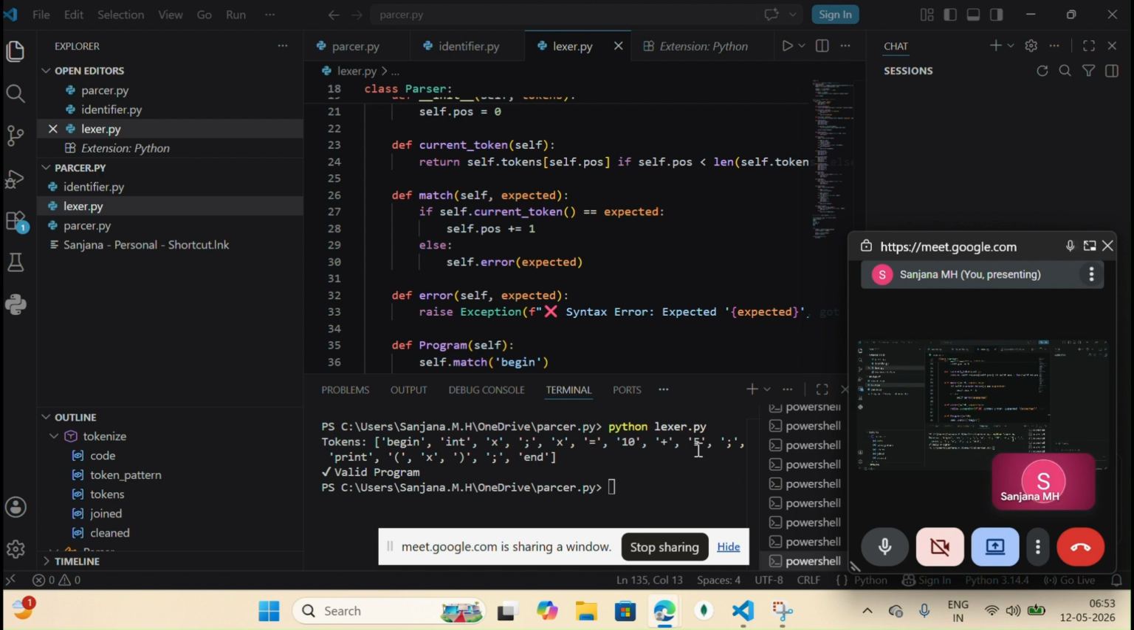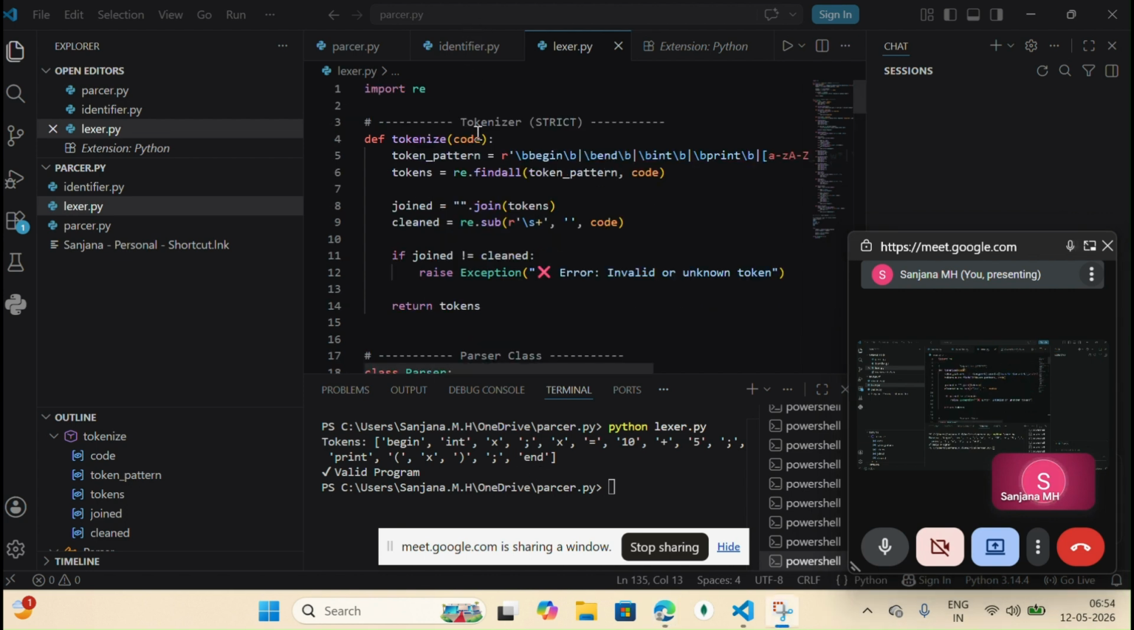Plus, the addition operator, and 5 is a number. Print is the printing statement, the output statement. Open bracket and close bracket are the function brackets. End is the end of the program. So here we took compiler design and this parser, which is written in this